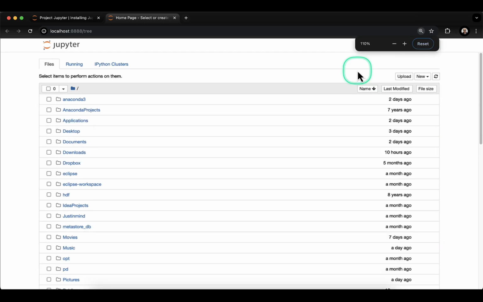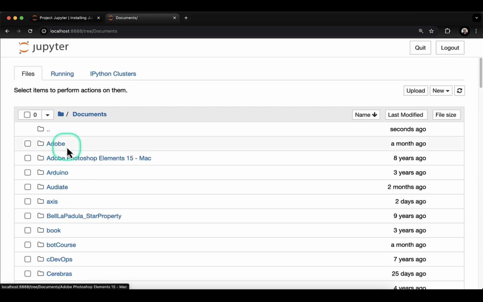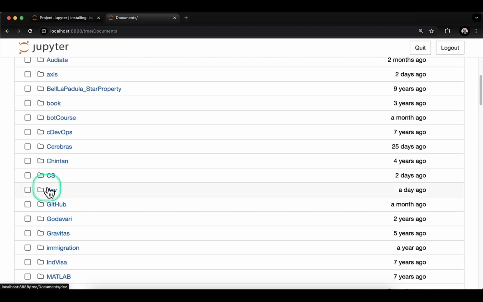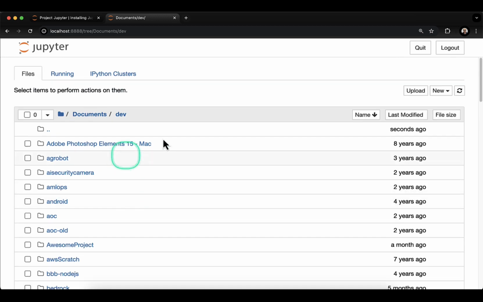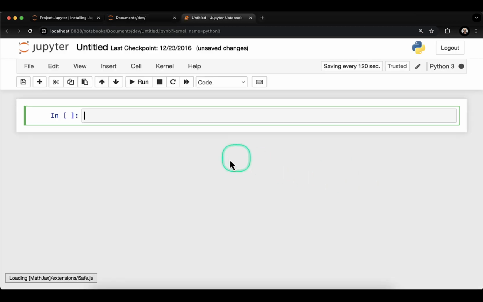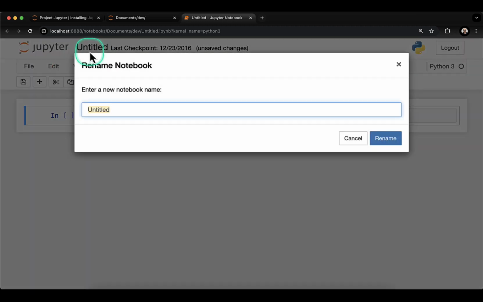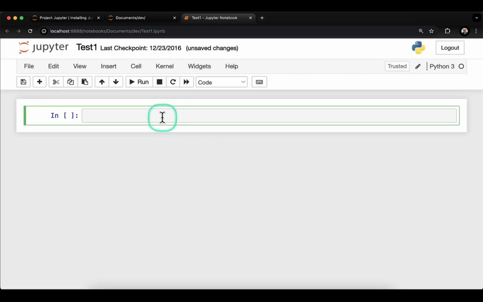Now here, what we can do is, this is in the root. I can go probably in my development folder, and I will create a new Python 3 notebook. I got this Python 3 notebook. I'm gonna rename it as test1, and all I'm gonna say is